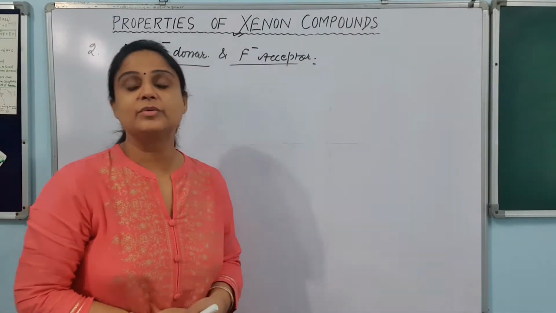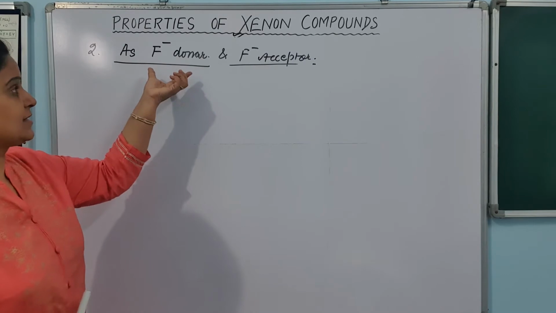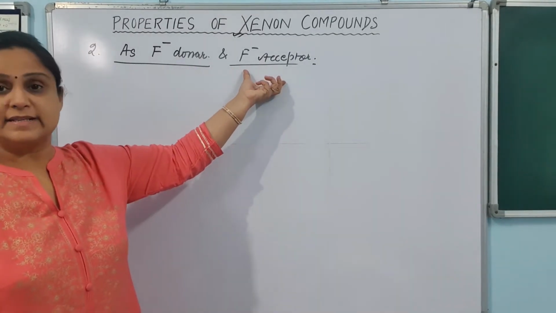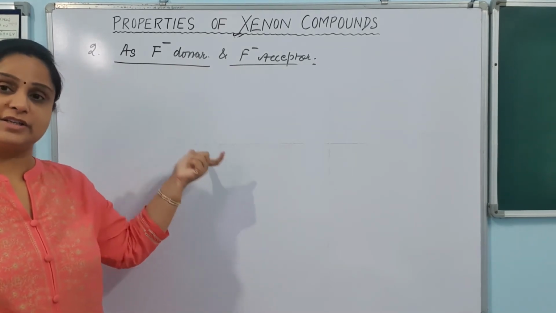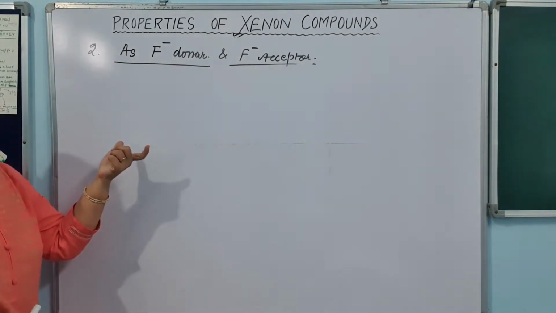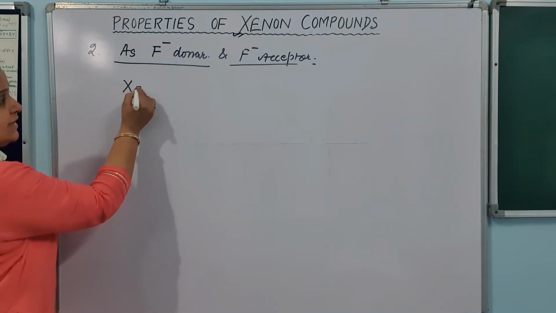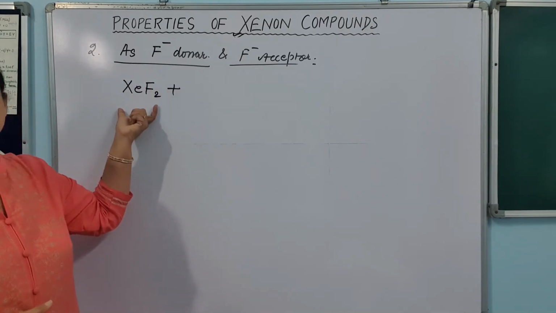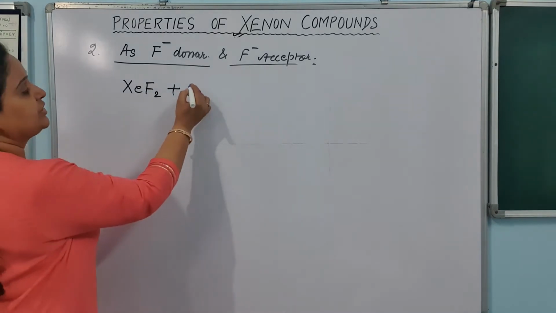Now let us talk about the next type of reactions, where xenon के compounds are going to work as fluoride donors and sometimes they work as fluoride acceptors. Xenon difluoride and xenon tetrafluoride, these xenon fluorides are working as fluoride donors, that is XeF2. Let's understand this concept by taking a reaction. I am taking here xenon difluoride and I am going to react it with